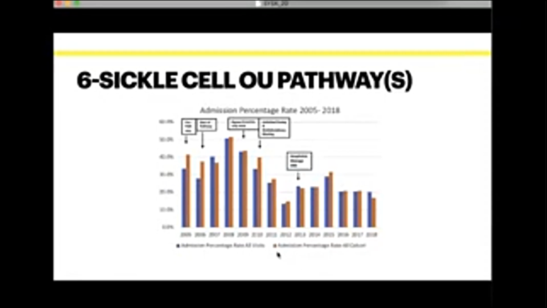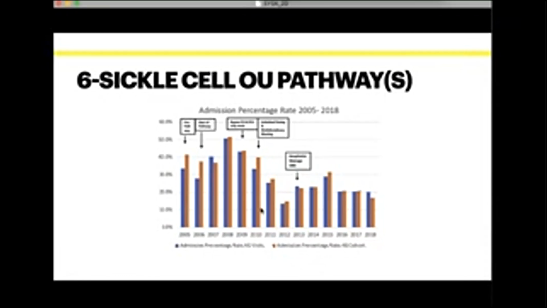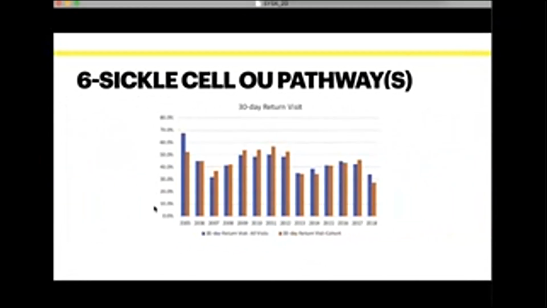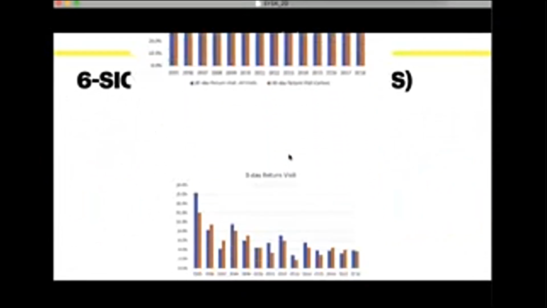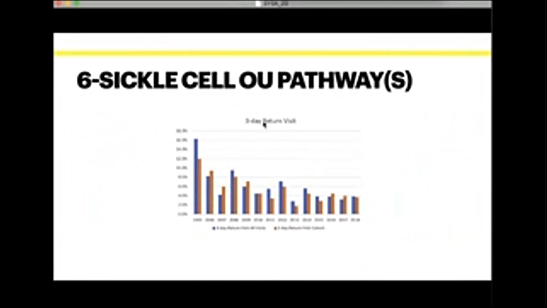So this, and then the orange line is admissions for the cohort that they were talking about. And so over time, you can see that they improved their admission rate. They also improved their 30-day return visits. And they improved their 3-day recidivism rate, which a lot of times isn't captured, but hopefully